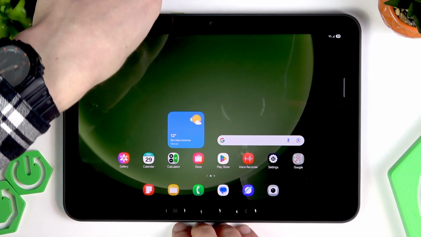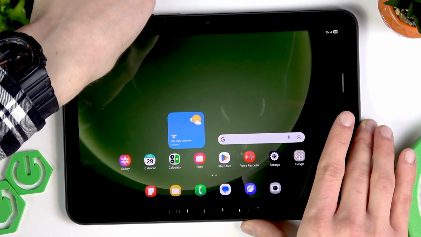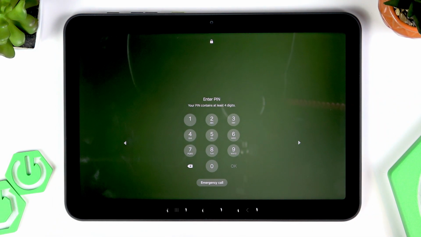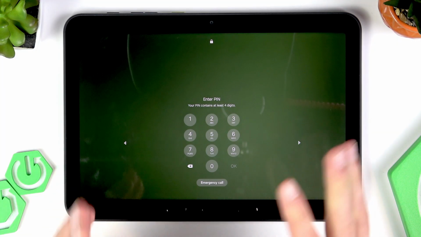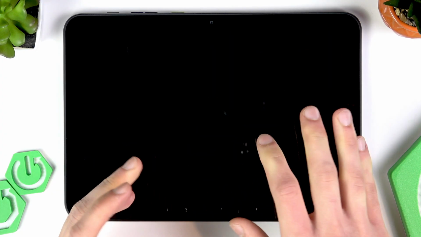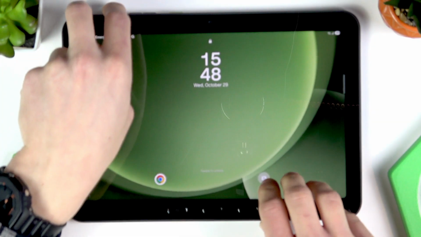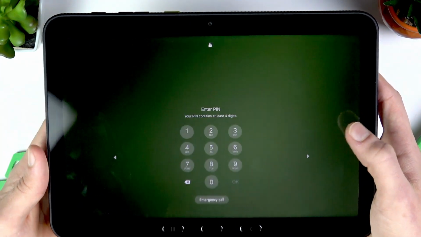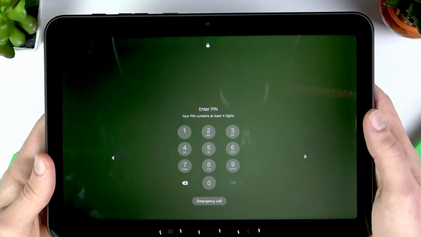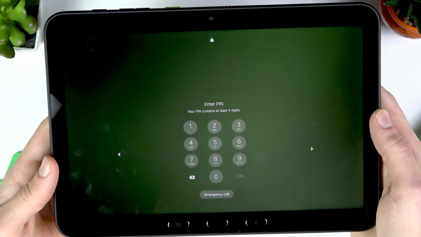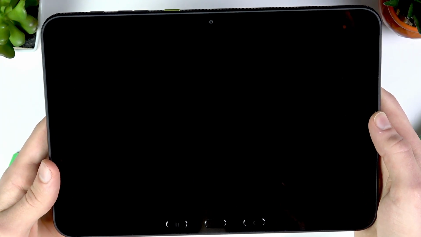However, I want to also mention one more thing, in case you do remember your PIN code, but it doesn't seem to work on this page. Make sure that it's not your SIM card PIN code, as this is a completely different matter. It's the security PIN code, and if you do remember it, but your tablet doesn't seem to recognize it, that might be because of some third-party application that is affecting the way that your lock screen behaves. And in such case, you're gonna have to enter the safe mode